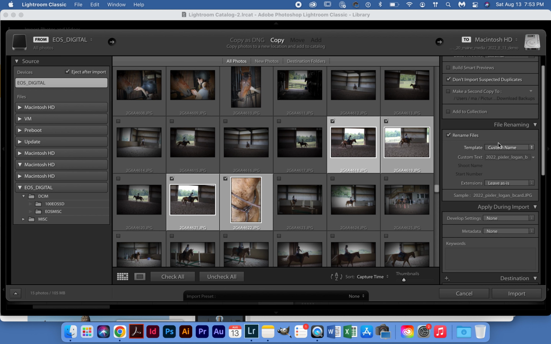I've got to scroll down and I want to go down to file renaming. I want to check that I want to rename the file, and I'm going to go to this template of custom name. So I want to make sure it says custom name there. And then I'm going to give it the custom text. So it says custom text, and it's a little funny, when it just kind of blends in with the gray. When you roll over it, it highlights to a slightly lighter gray, but when you click into that box, it turns into a normal white text box. So it's a little subtle,